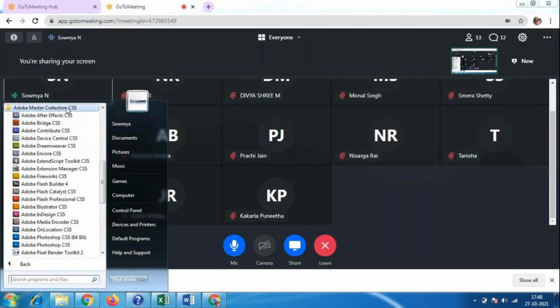Everybody who wants to go into the animation field or the designing field has to buy an i5 or i7 processor; i3 is not enough. It is best for those who want to develop games or do animation. Is that clear? So we have this many softwares here.